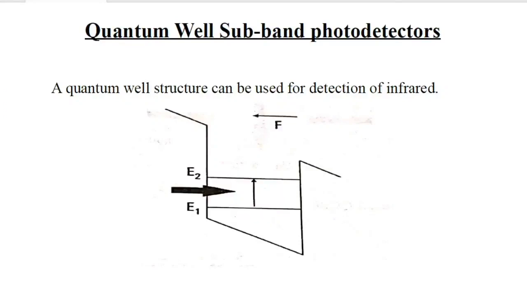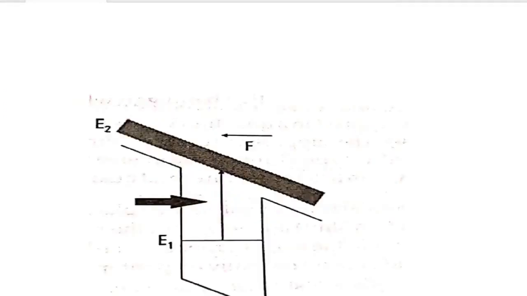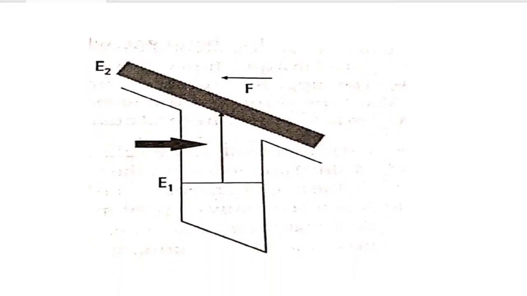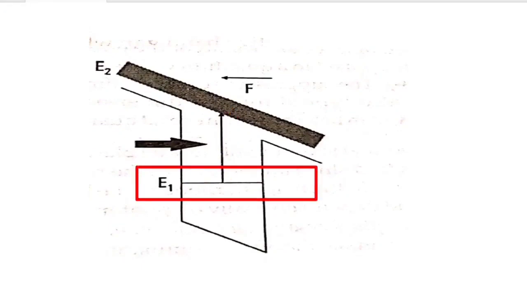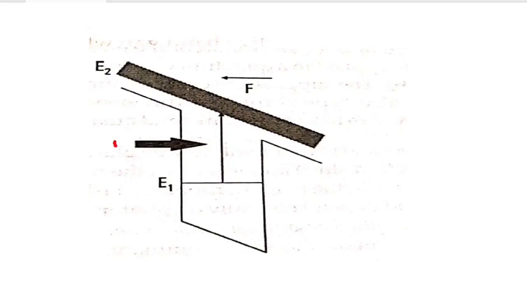Just check the figure. The electrons in the well, say E1, can absorb the IR photons and they will be excited to a continuous narrowband outside the well. Here in this well, we take only one discrete energy level. So the electrons in the band E1 can absorb the external infrared photons, and can be excited to the higher energy level, which is placed outside the well.